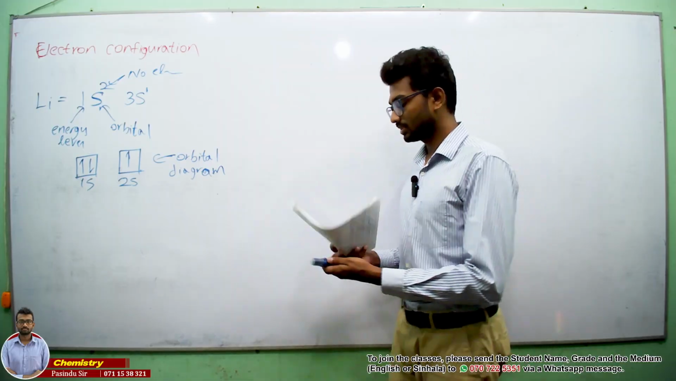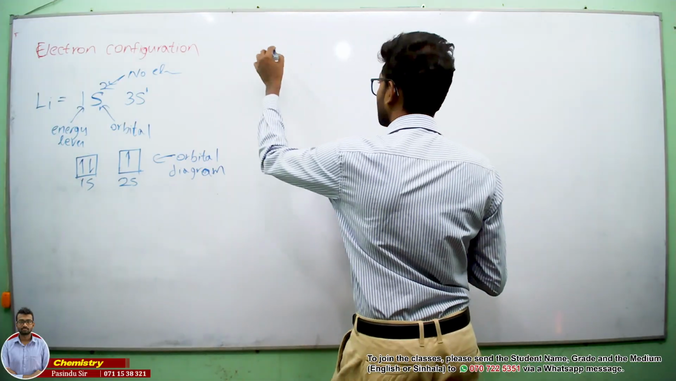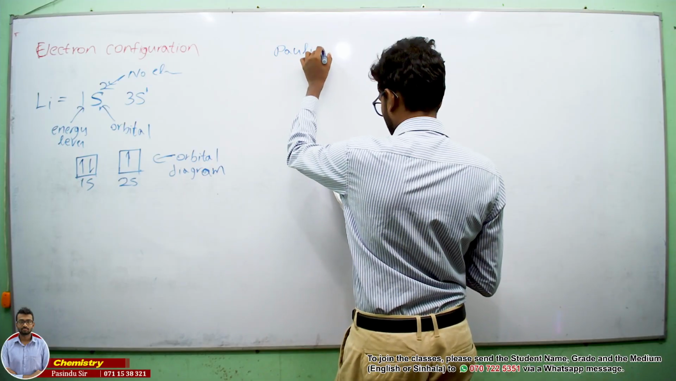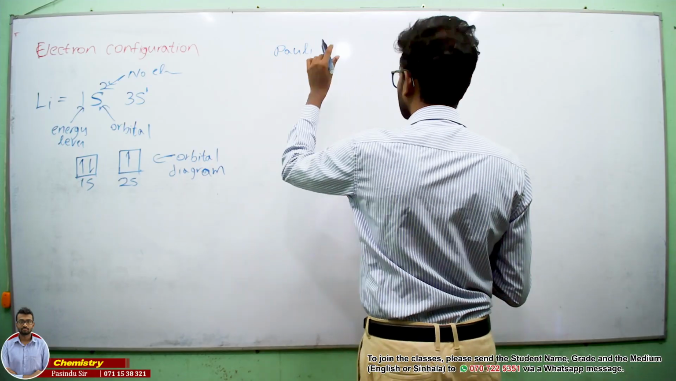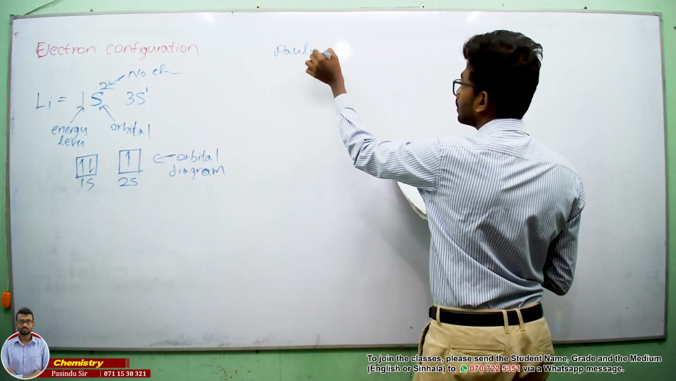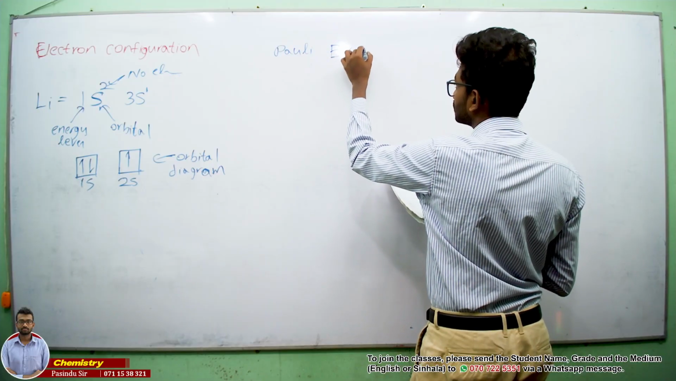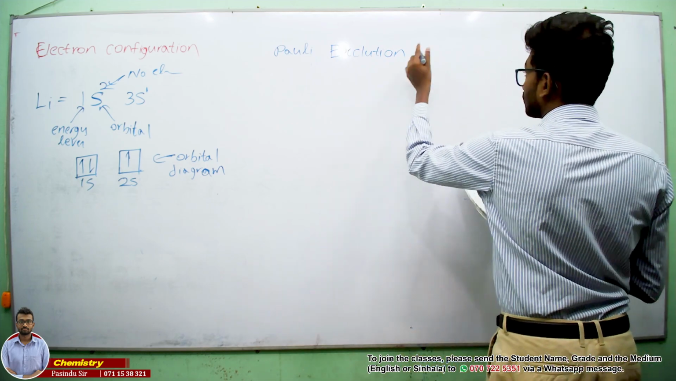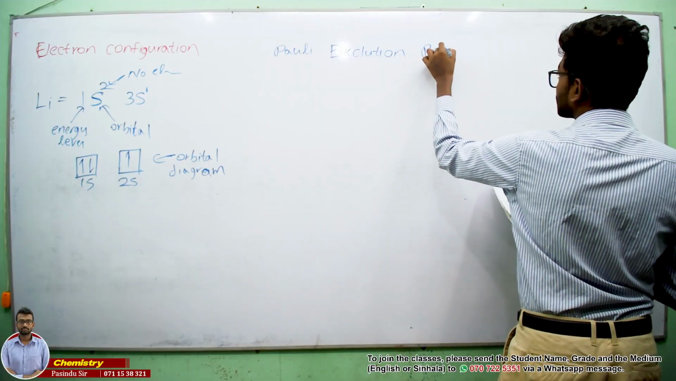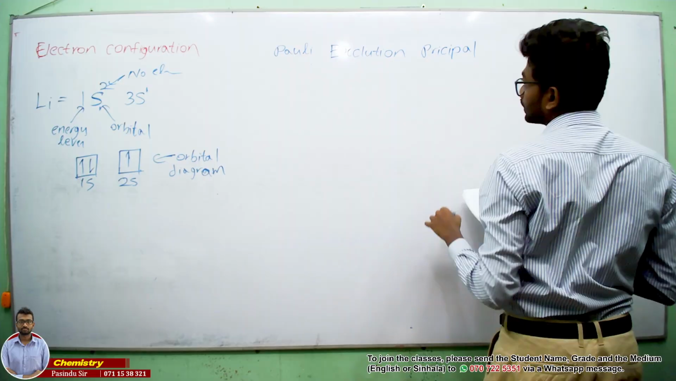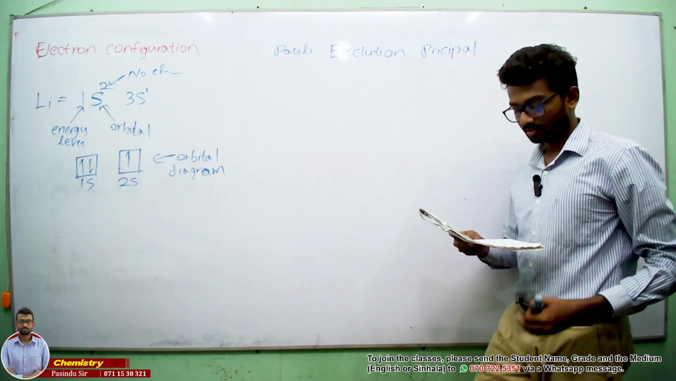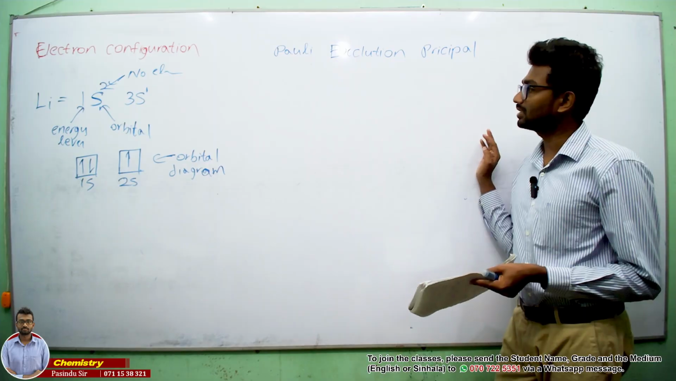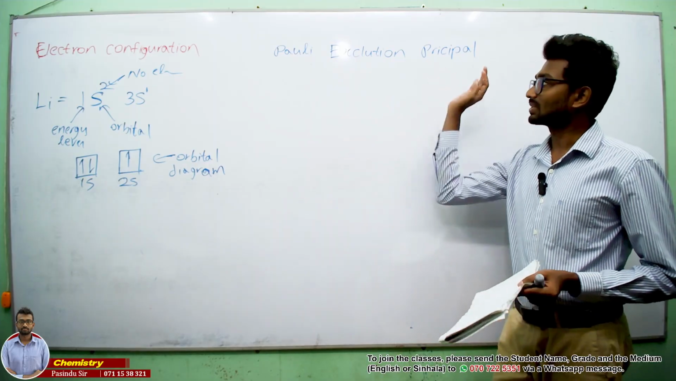Then let me write down. There are a few rules and principles. First one, the Pauli exclusion principle. Write down the topic, Pauli exclusion principle. Basically this theory explains, and I already said this,